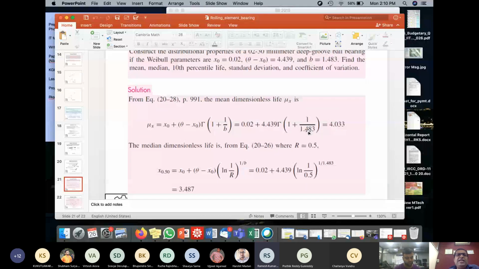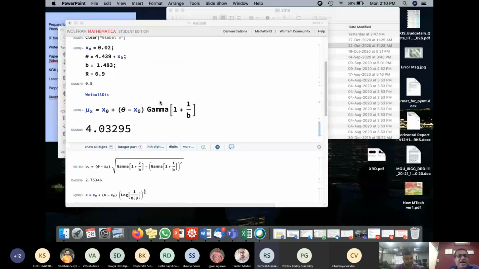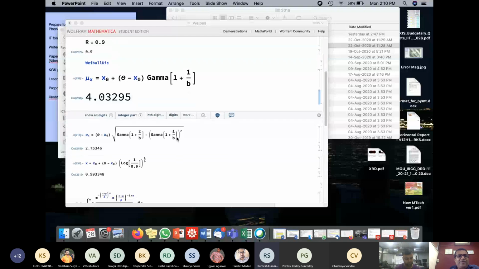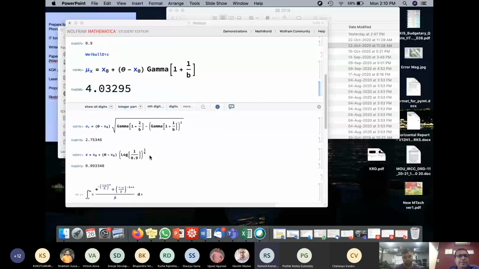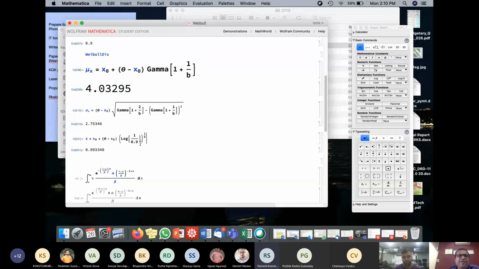That's what median dimensionless life means, right? So let's say my R is equal to 0.5. So basically I have to find out what is my median life, x 0.5. I'll use this equation right here.